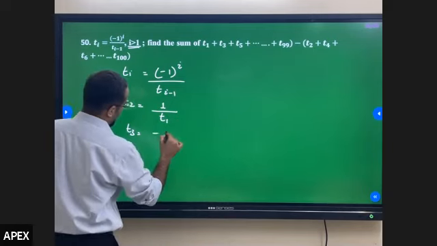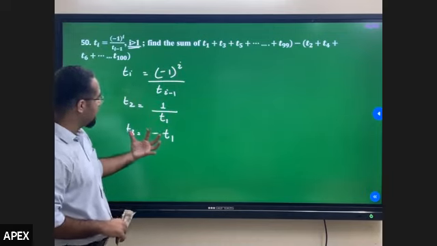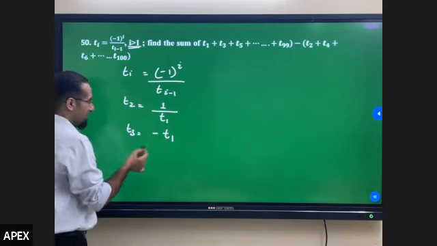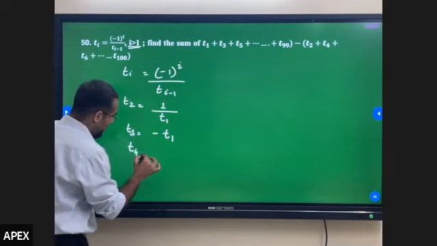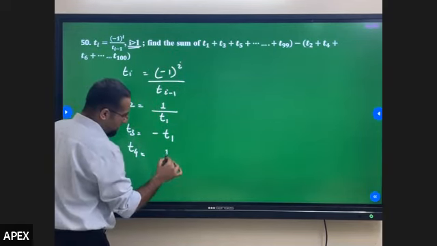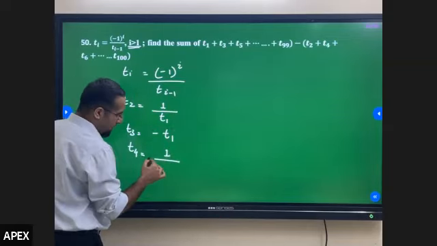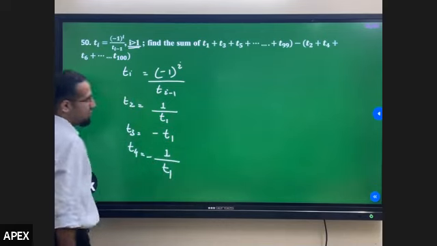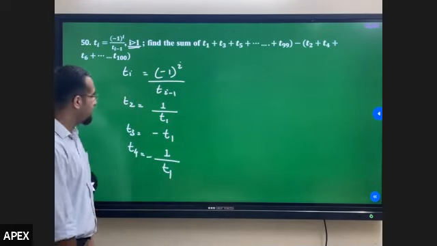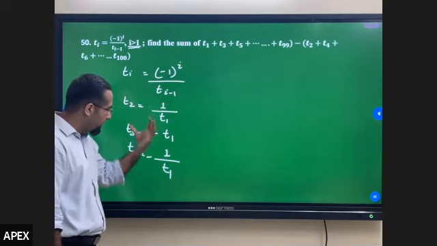Clear? This is minus T1. So I can see a plus T1 and a minus T1 is already here. Mostly tending to move towards that only. T of 4 now becomes minus 1 to the power 4, which is 1 divided by this term, that is minus T1, which becomes minus of 1 by T1. Clear? So in a way it's moving towards this one positive and this one negative.